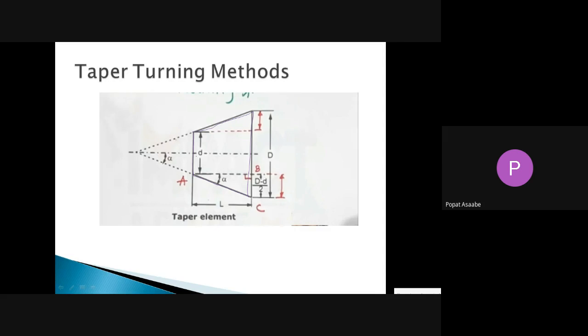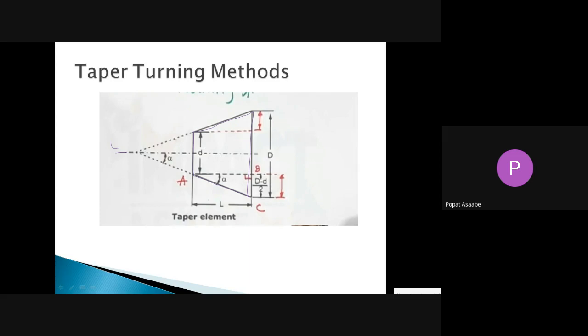Now see, the line of this taper I have extended here. Again, the line of this side is also extended here, and this axis is called the lathe axis. This is your lathe axis. Then in this taper you have to observe, this is the lower diameter and this is the higher or bigger diameter. Capital D is there, small d is there.